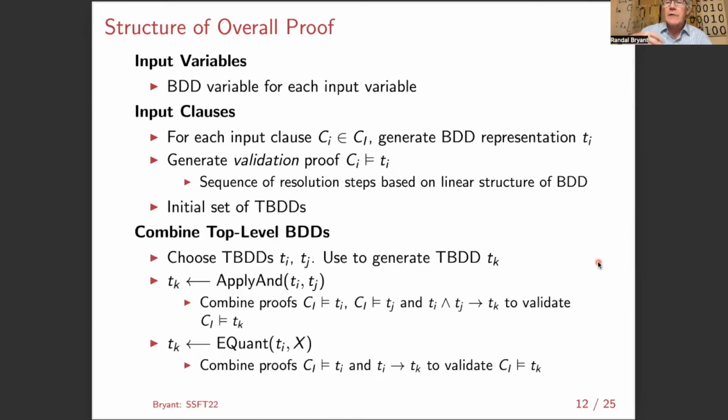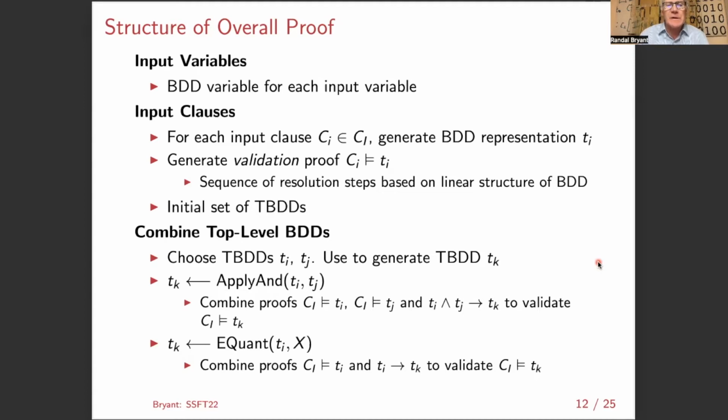And then as our solver progresses, you remember it will keep performing conjunction operations and quantification operations. And for each conjunction operation, we can assume that the arguments are trusted BDDs, Ti and Tj, and we're going to compute their conjunction, and that conjunction will also produce a proof that Ti and Tj implies Tk, the result. And from that, we can combine that with the fact that Ti and Tj have their own unit